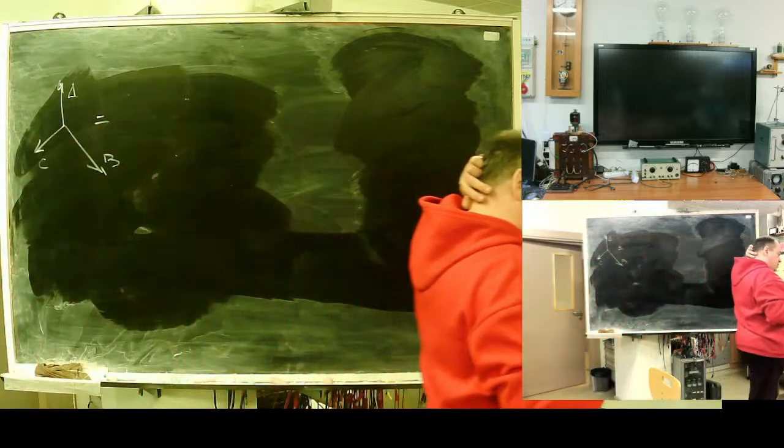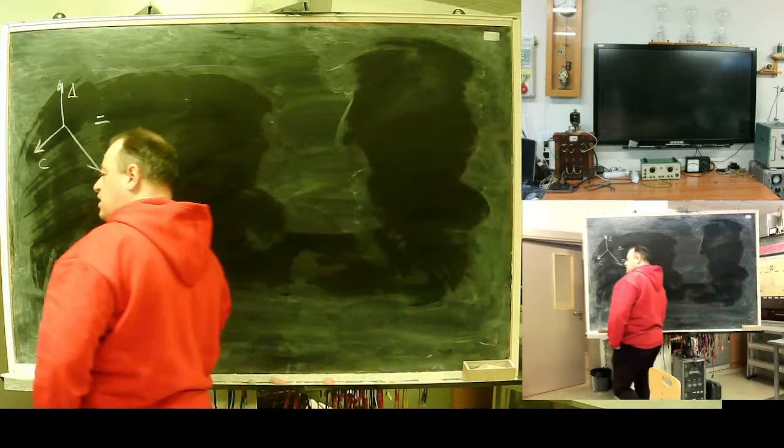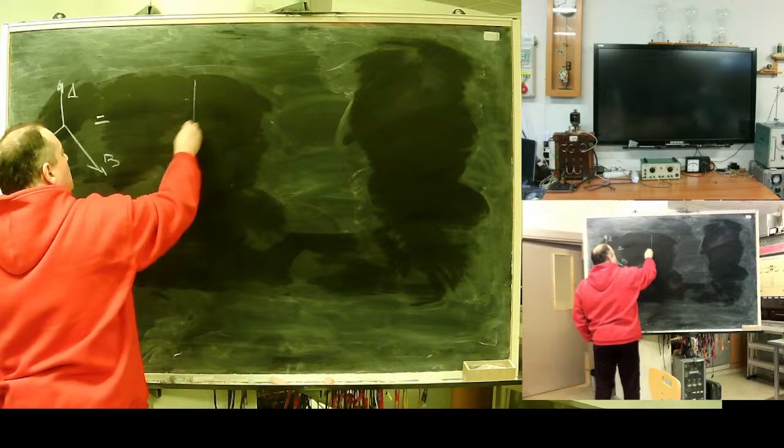Your network should be linear. What means linear network? Current always proportional to voltage. This resistance is linear, this is non-linear. So, in case your network is linear, you can